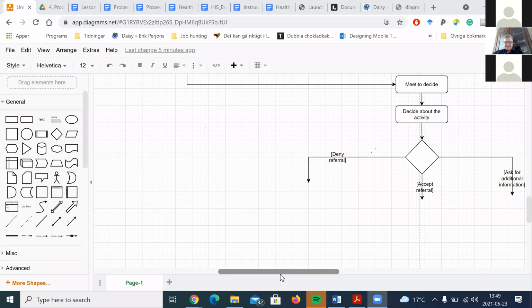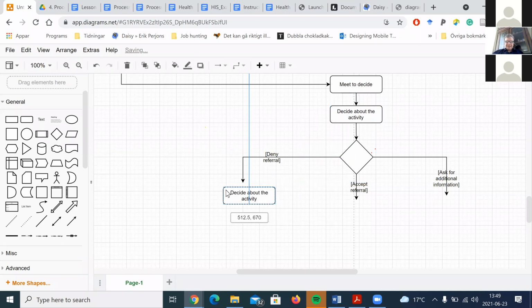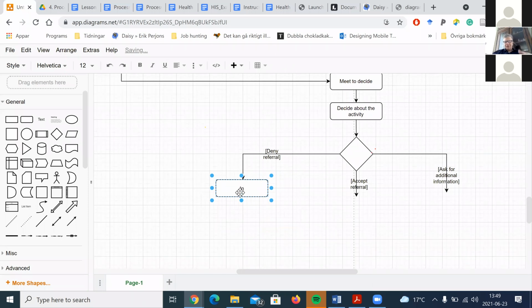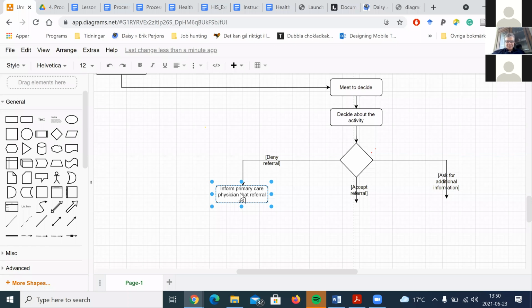So the next step here is that if the physician denies it, I would then write another action here, and I would call it send inform. You can call it different things, but I usually start with a verb. It's very good if you can start with a verb. Inform primary care physician that it is denied, because then